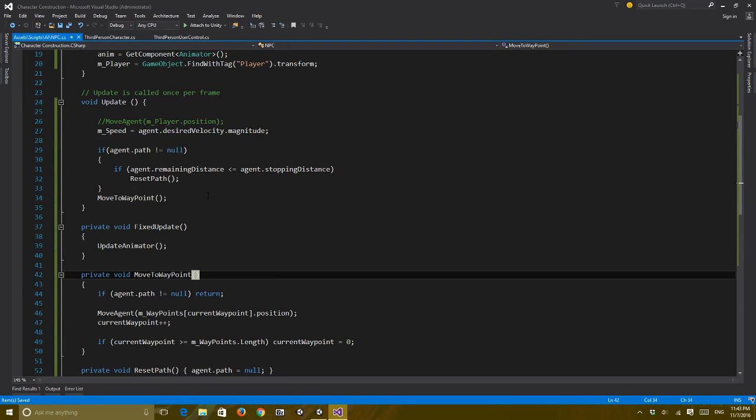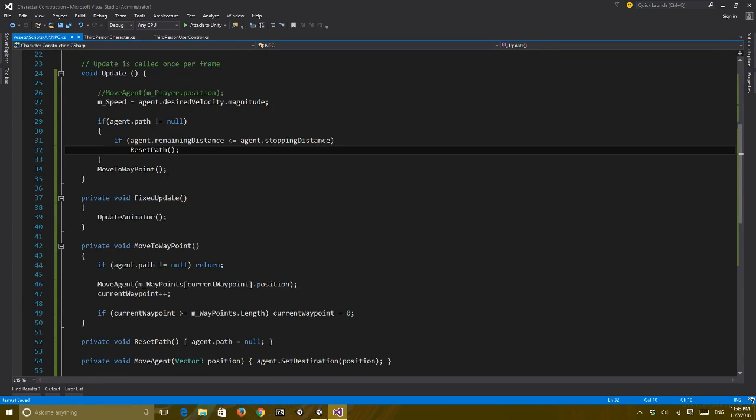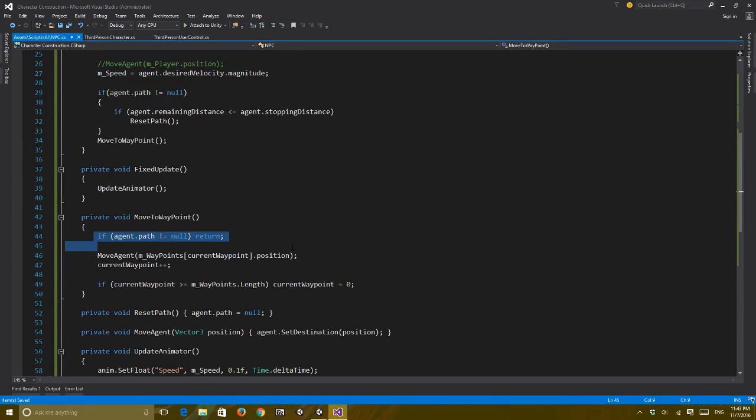Okay, so we're moving to the waypoint. What we're doing here is checking if we have a path and we've reached that path. We need to say we no longer have a path now. We reached the path, we don't have a path anymore. That's all there is to it. And then we're moving to the waypoint. So if we do have a path, then don't execute this function. But if we don't have a path, then find